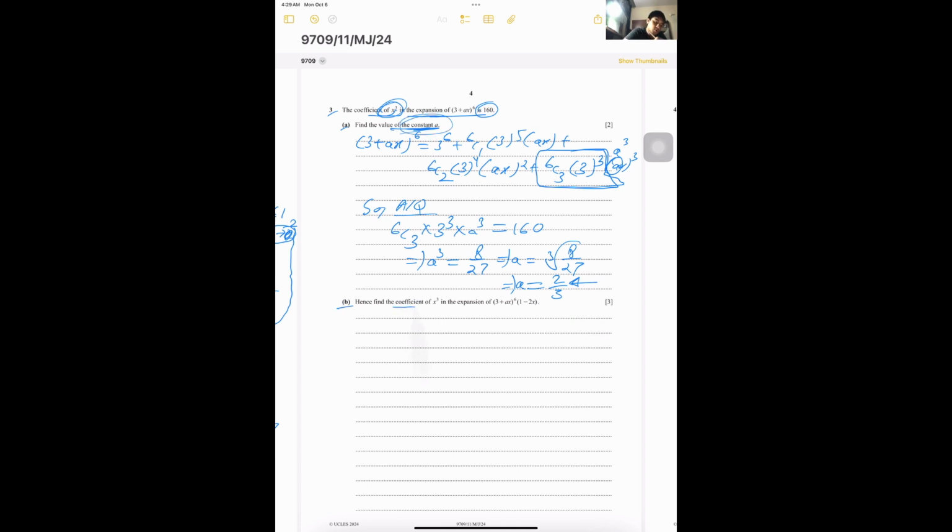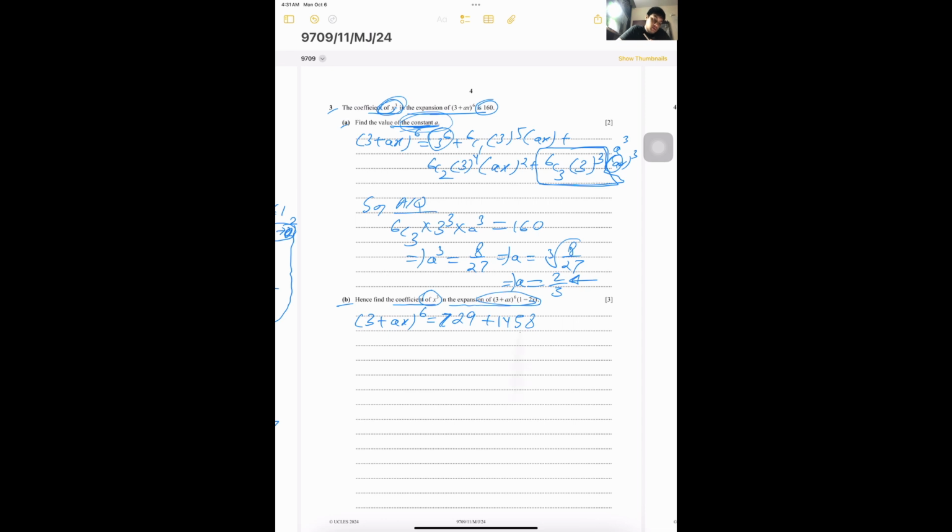Hence find the coefficient of x cubed in the expansion of this. So we will first write this, (3 plus ax) whole 6 is 3 to the power 6, which is 729, plus 6C1 into 3 to the power 5, which is 1458, so 1458 ax plus